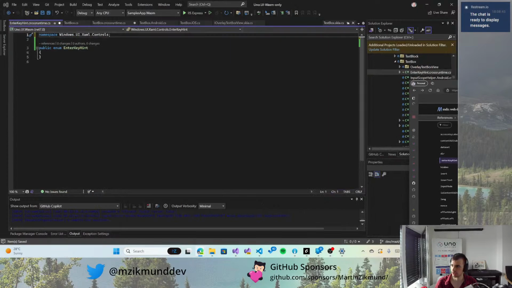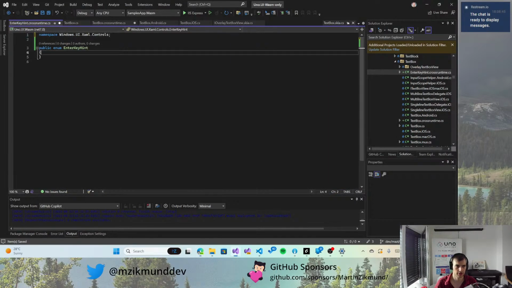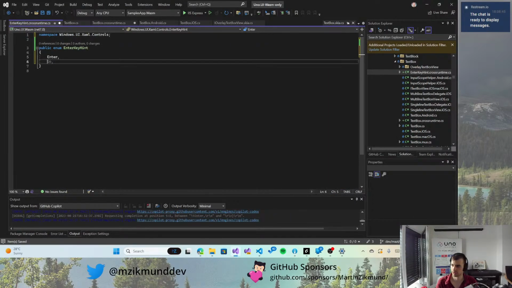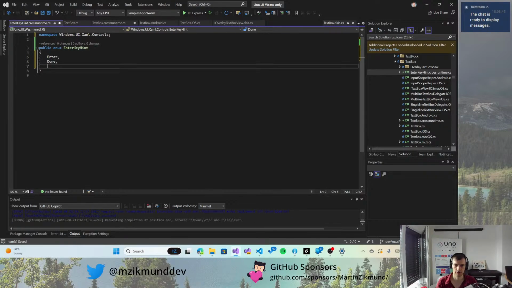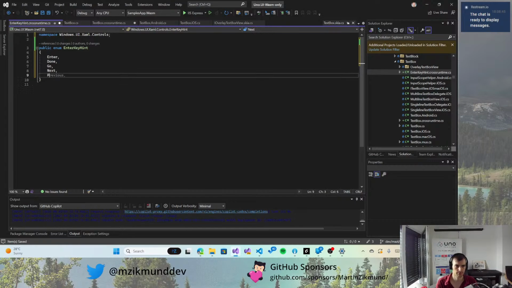So the possible values are enter, done, go, next, previous. Let me just verify. What's the default value? Default value is probably... okay. Previous. Then it's search, send,